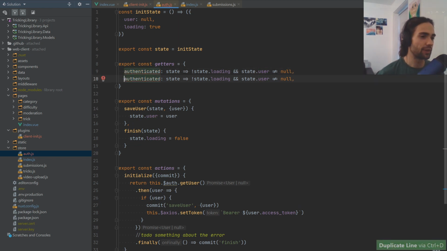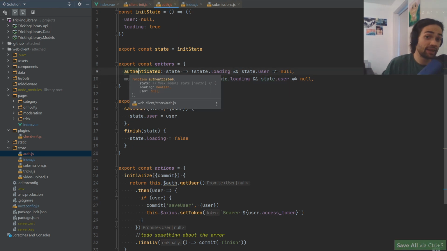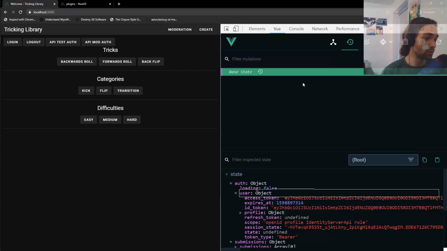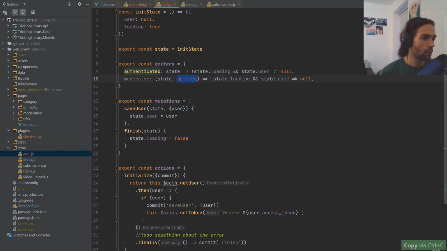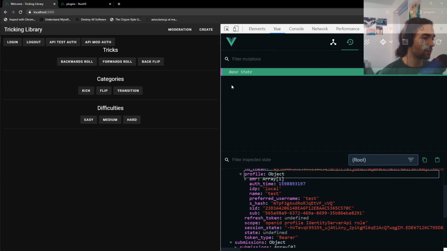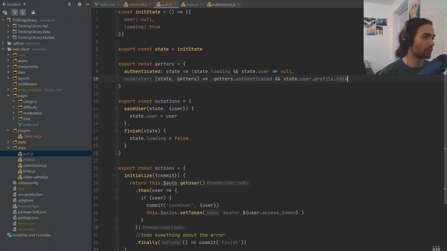And then we can do something like copy this line, and ask if he is a moderator. We want to reference the getter of this authenticated to basically say, has this user authenticated? Because if it's going to be null, we're not going to be able to seep down into the profile and get the role in there, okay? So what we want to do is go getters authenticated, if the user is authenticated, and state.user.profile.role equals,